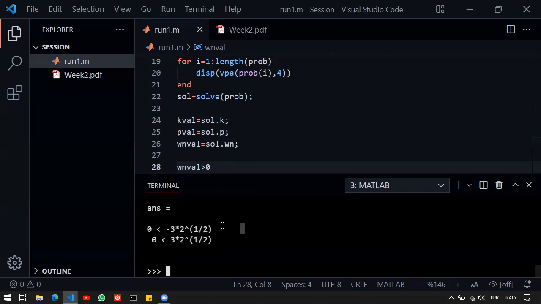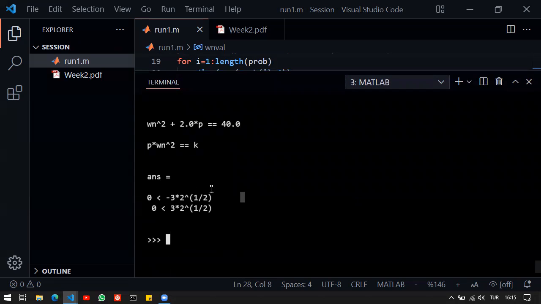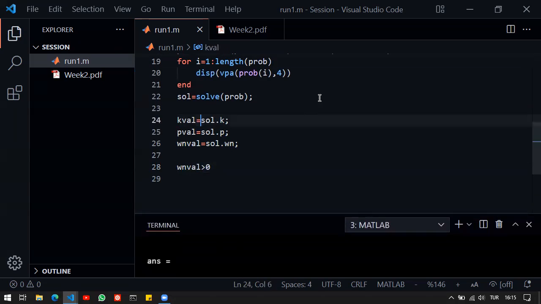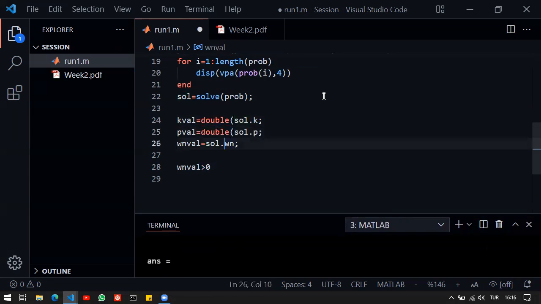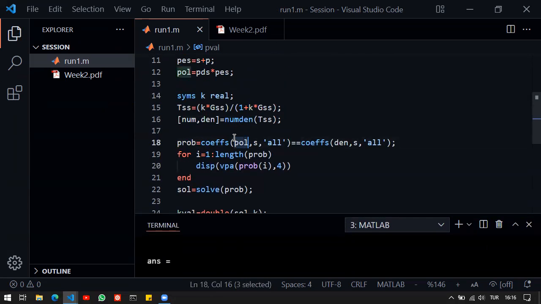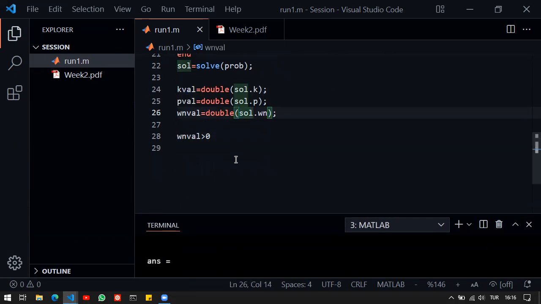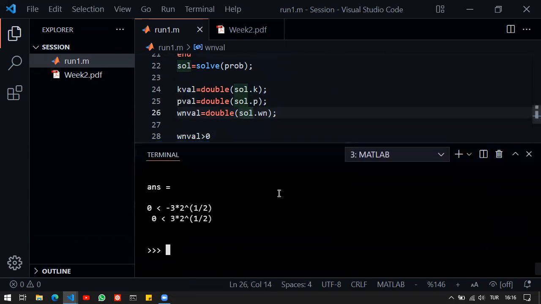In order to prevent this, I should maybe change everything into double, because I'm still in the symbolic toolbox. I have symbolic expressions. But I can get rid of the symbolicness here by using the double function, which converts it to numerical data, because I need numerical data at this point. Because I've defined my problem, I've defined my feedback structure, I've calculated the necessary conditions, and I solved it. At this point, I have just numerical data. So once that's out of the way,